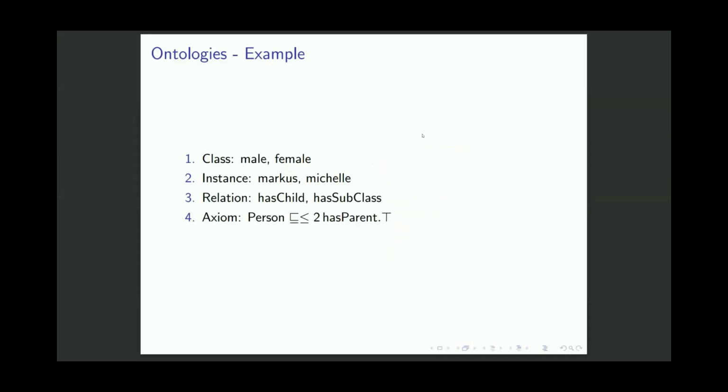And here we have a few examples. We talked about the first three, but an axiom would be something like this. It's a logic proposition, a logic expression, which tells us that a person has at most two parents. We put this axiom so we can prevent some unfortunate cases where we would insert 10 parents for a single person, which doesn't really make sense, or at least we could say it doesn't make sense in our use case.